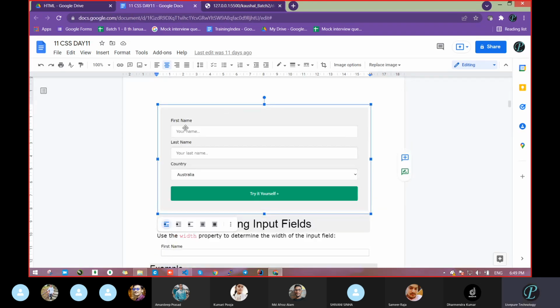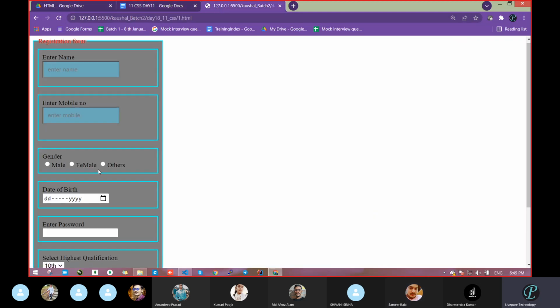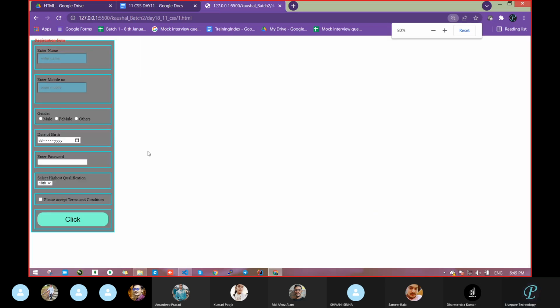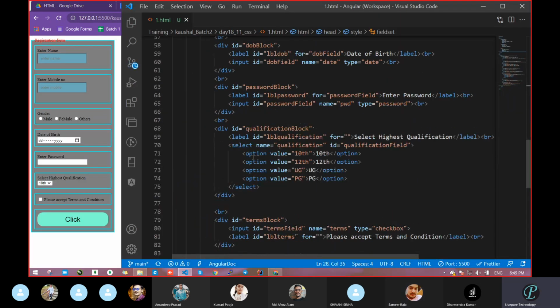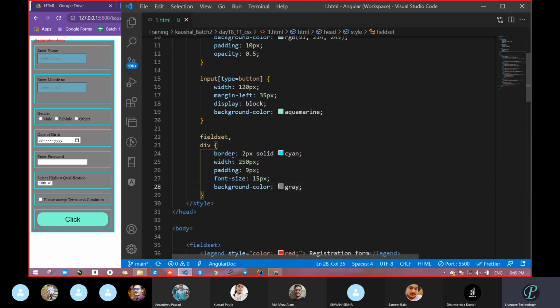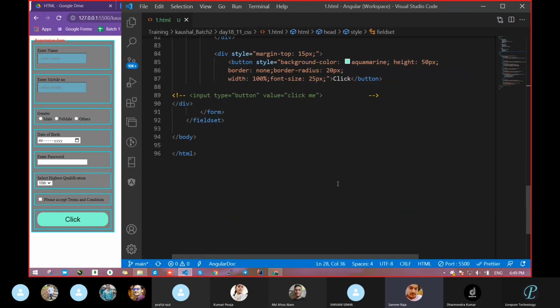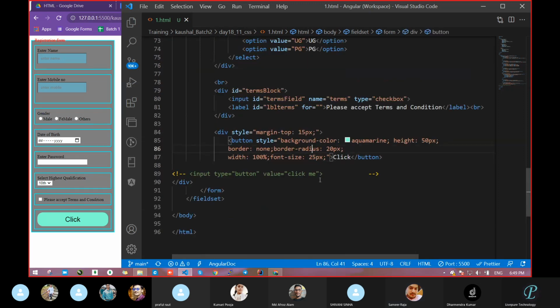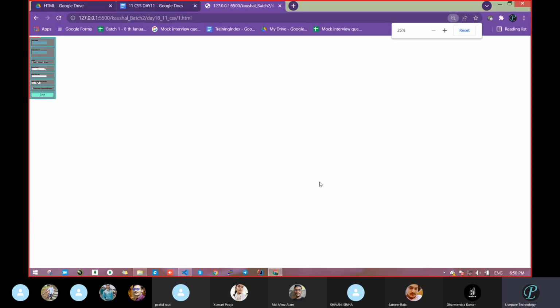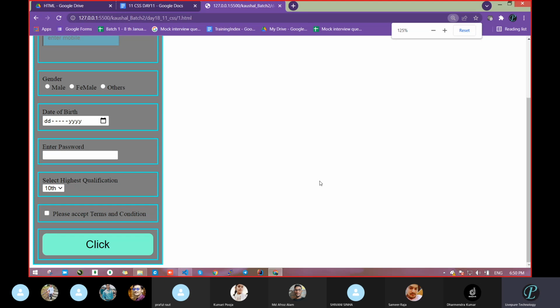This way we can design. The input field is already designed, field name already, then the button is already taken at 100%. If we do not want this much, meaning a button like a capsule type, we can do another thing. What is that? Border radius. Where is that border radius? In the button section, we had taken it here actually. That will design it. Go 2 pixel. No, take 5 pixel. Okay, 10 pixel. Yeah, now it's looking somewhat okay. Clear? This way we can design.